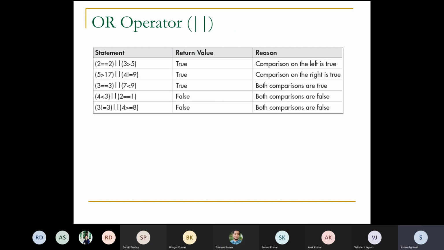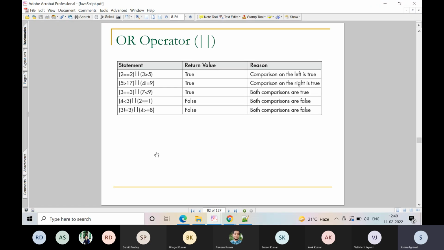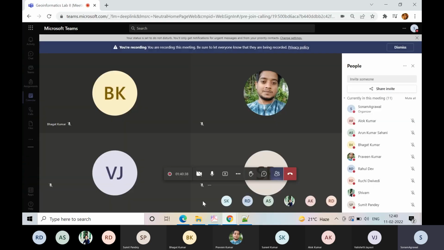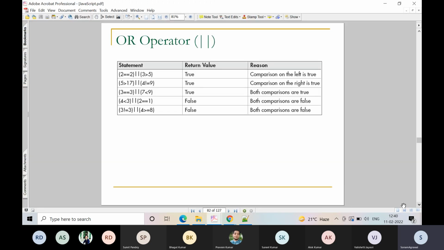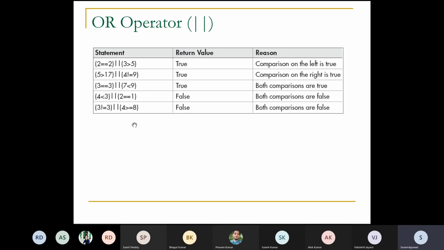आगे देखिए सब लोग। रुचि, यस मैम। सारे पाँचों स्टेटमेंट के एक्सप्लेनेशन दीजिए, क्यों ट्रू होंगे, क्यों फॉल्स होंगे। मैम 2 इक्वल्स टू 2, मैम इसमें लेफ्ट वाला ट्रू है क्योंकि 2 इक्वल्स टू 2, जब और ऑपरेटर लगाते हैं तो राइट वाला रॉन्ग होता है मैम, इस वजह से पहला वाला ट्रू है।